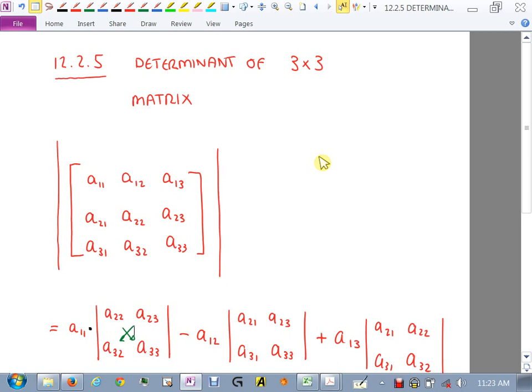Cover up the middle, and look at the bottom 4 now. You see the bottom 4 of these two and these two? That's this. You see it? Then when I do A13, I write it down, and then cover up that column, and then do the determinant of these bottom 4. Make sense? Now you have to practice with it.